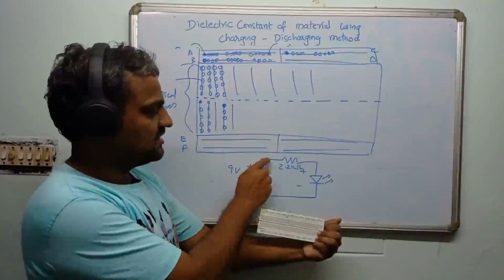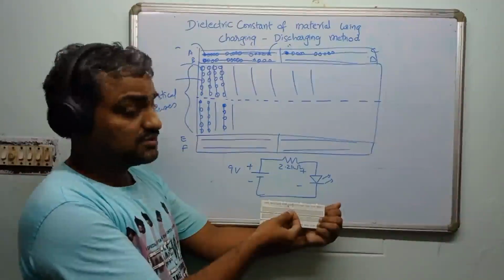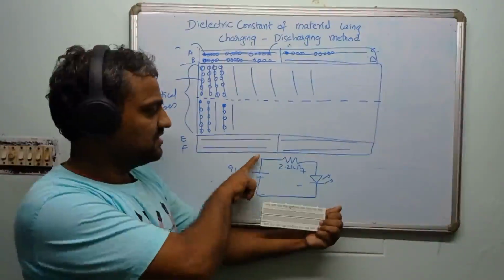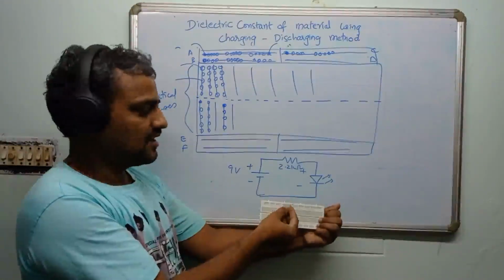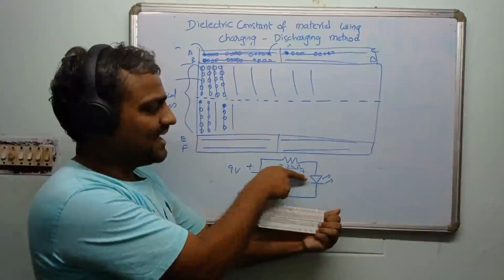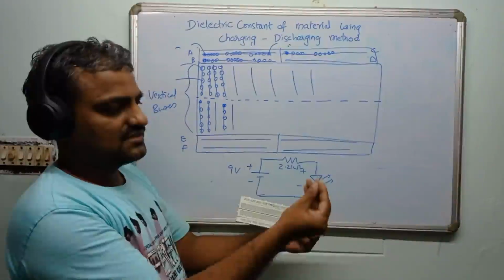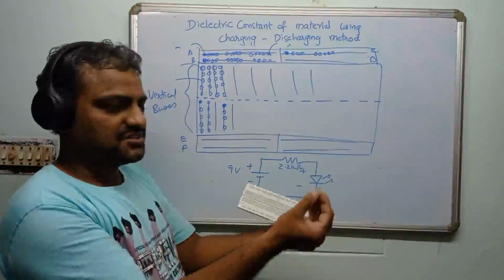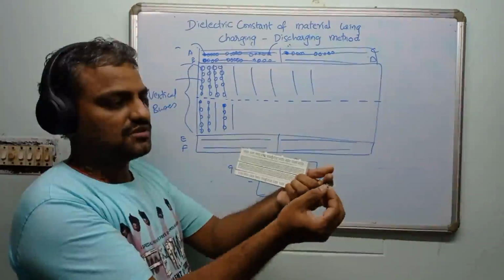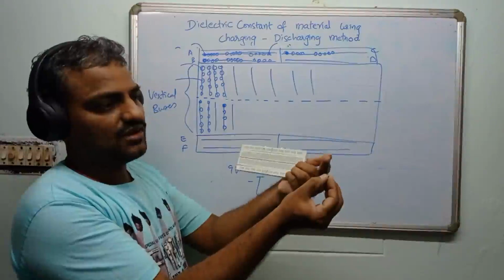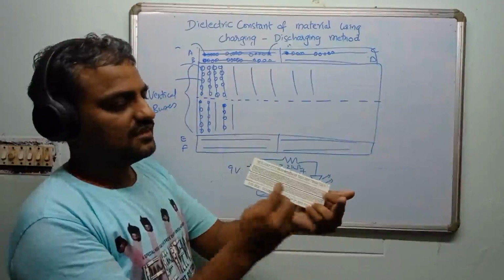From positive I have started, it is coming to the 2.2K. The other end of the 2.2K, that is this one. Please don't get confused. You have started a journey from here, you have crossed the resistor, you have come to the other side. This is the other one. And from here, it is directly going to the LED's positive side. Of course, you may not notice what is positive and negative. Generally, the electronics convention is that if it is a fresh component which is unused or untrimmed, the longer lead represents the positive, the shorter lead represents the negative. You can see a little longer lead for positive, the other side is negative. So I want to join this positive lead to this resistor.